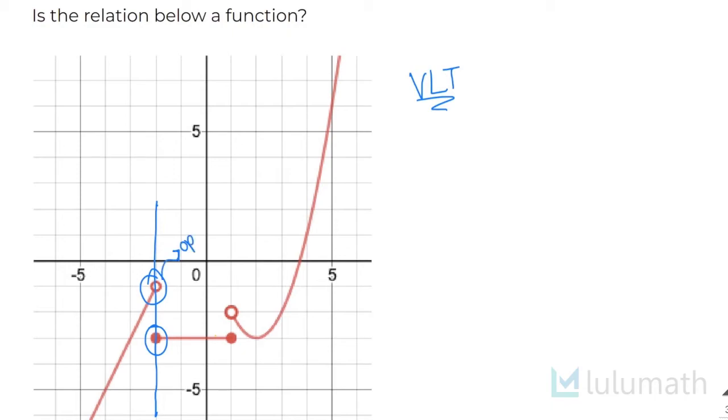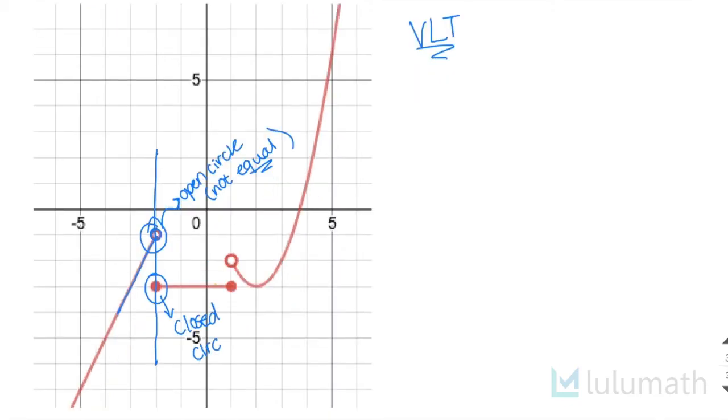However, this is an open circle, which means that the graph is not defined there. This graph is getting closer and closer to -2, but at -2, the point is not there. So it is not equal here. This is a closed circle, so it is equal. Even though when I draw my vertical line it appears to intersect twice, technically it is not intersecting here, and it only intersects here, which means that it does pass the vertical line test